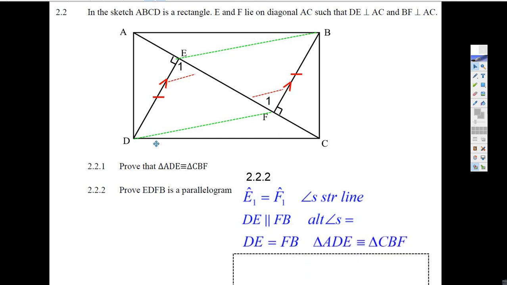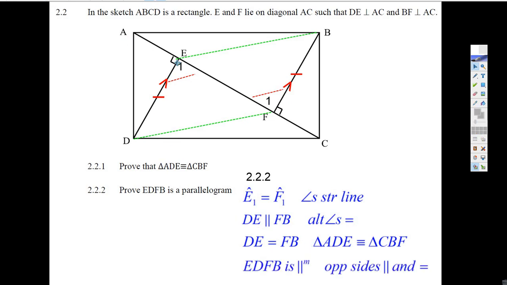Then I could say DE is equal to FB. Why? Because we proved those triangles in the end are the same in every way, so their sides must match up. Well, that's enough information to say that EDFB is a parallelogram. Why? Because you've got opposite sides that are parallel and they're equal. And that's one way to prove that